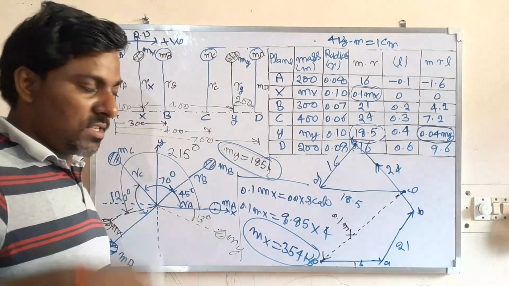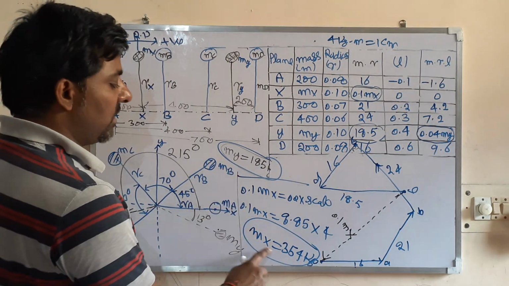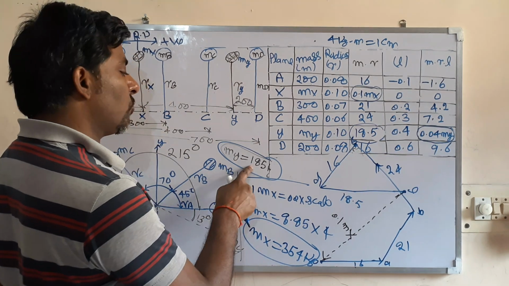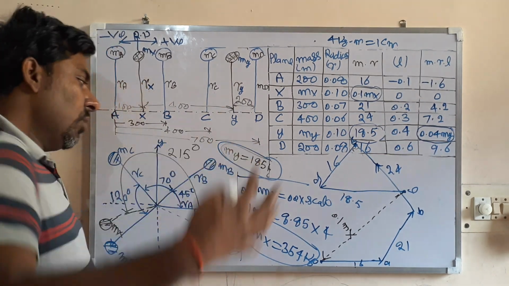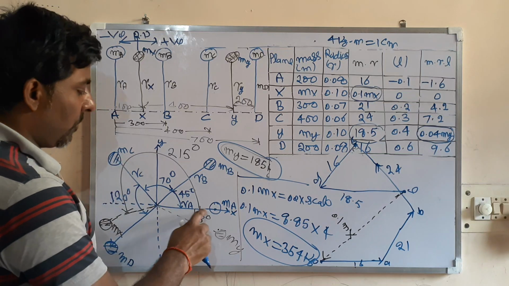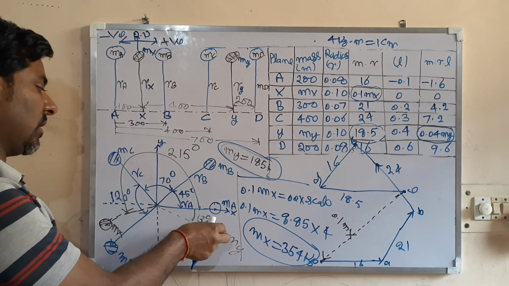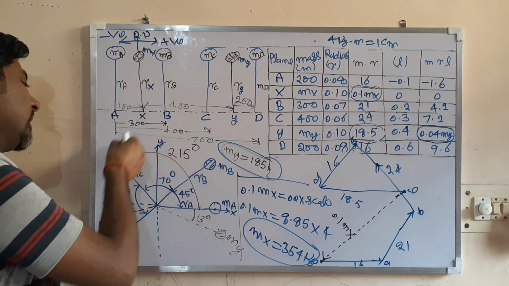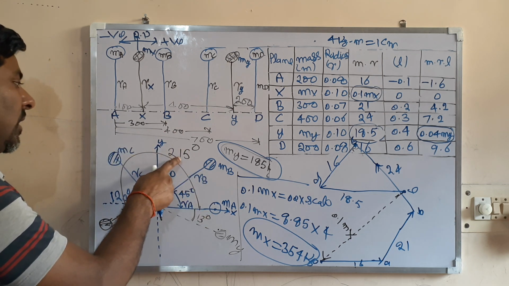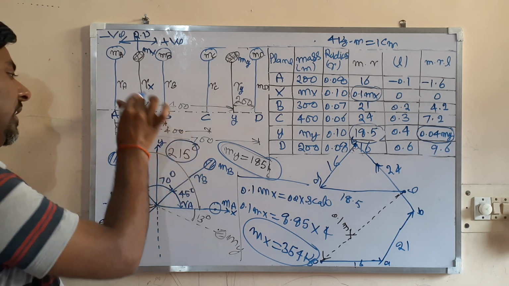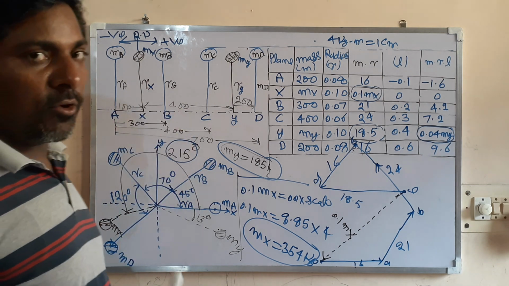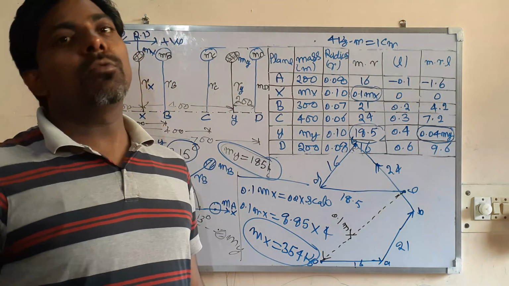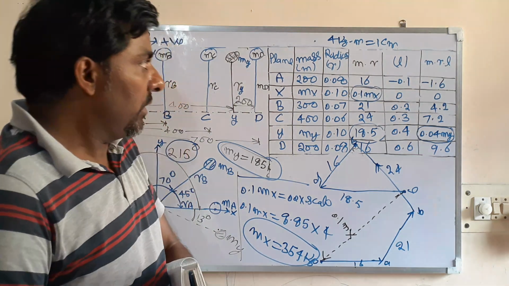So the balancing mass required in plane x is 354 kg and in plane y is 185 kg, and their angular positions are here. From x in negative direction this is 13 degree, and in counterclockwise direction from the positive x-axis this is at an angle of 215 degree. In that way you have got the magnitude of the balancing masses and their angular positions. Okay, thank you very much.